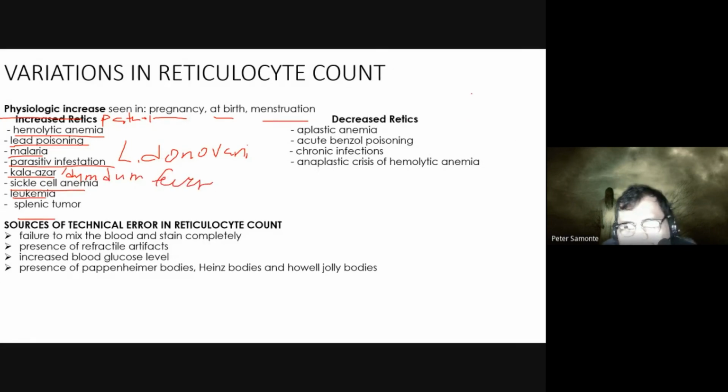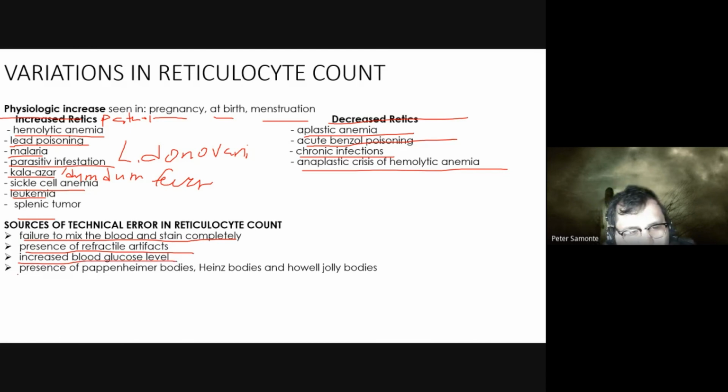Okay. So you have decreased retics in aplastic anemia, acute benzol poisoning, chronic infections, and aplastic crisis of hemolytic anemia. Then sources of technical error: failure to mix the blood and stain completely, presence of refractile artifacts, increased blood glucose level, presence of Pappenheimer, Heinz, and Howell-Jolly bodies. Okay. So that ends